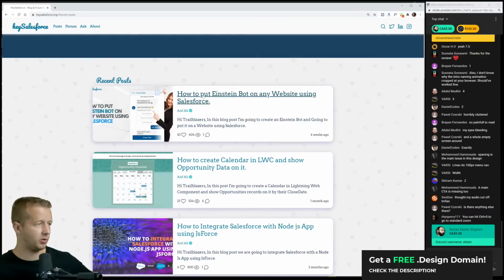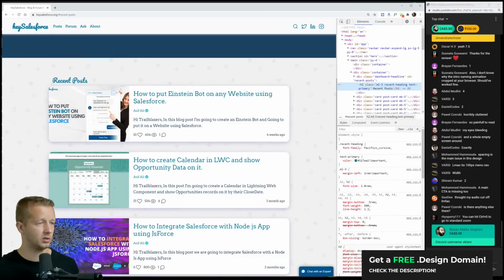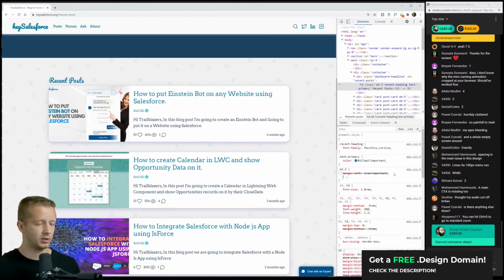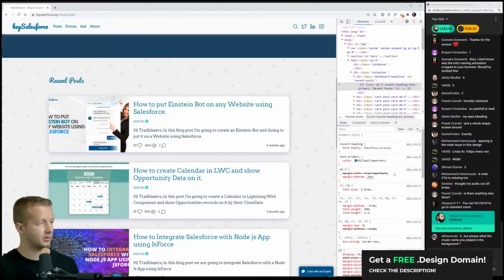So we have how to put Einstein. Okay, so these are basically recent posts. Again, we have alignment issues and white space issues. The recent posts right here are pushed over to the right a little bit, and you just don't need that. Like margin left, no, we don't want margin left. Instead, we're going to do margin bottom 2 M units. There we go. Now you can clearly see recent posts as a label compared to it being smashed up where